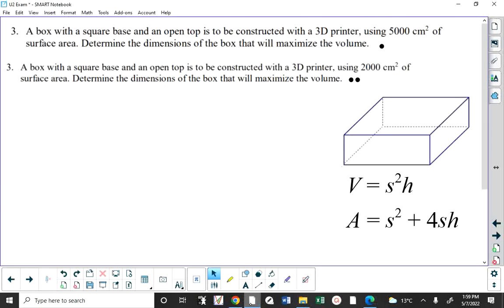What we're looking at then here is question 3, where we have a fixed area of 5,000 centimeters squared if you have exam version 1, and question 3, which has a fixed surface area of 2,000 centimeters squared if you have version 2. I've also put on the screen a diagram of a box with a square base and an open top. I just realized right now, I just pulled this off of the internet. It's probably better visualized to you if you see